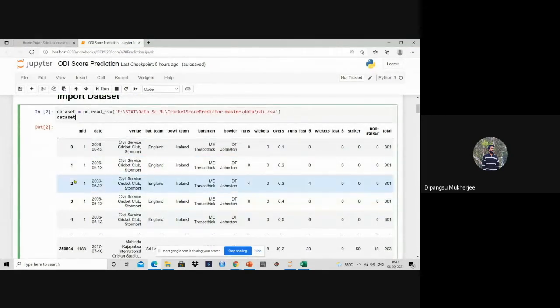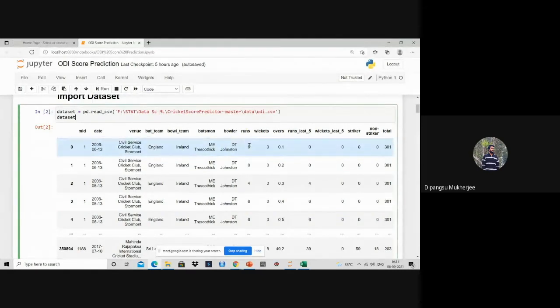This is the match ID. This is the date of the match. This is the venue of the match. This is the batting team, that is England, and this type of batting teams will be there. Bowling teams will be there, that means the match between this batting team and bowling team. The batsman from the first over to the last over will be given in the batsman column, and in the bowler column, all the bowlers who bowled in this match will be given.